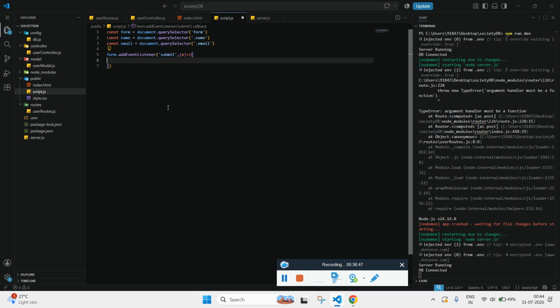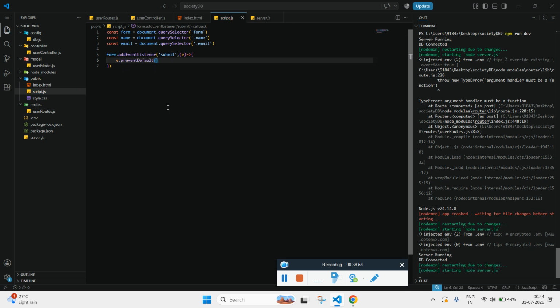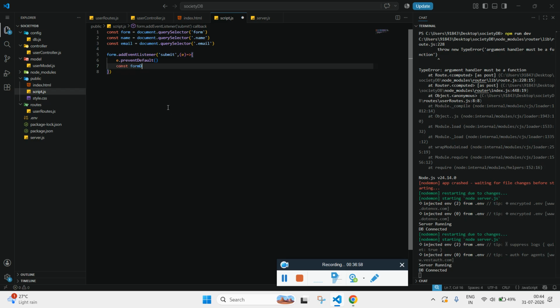When I click on submit, the page would get loaded. To stop loading, we will be using e.preventDefault function,